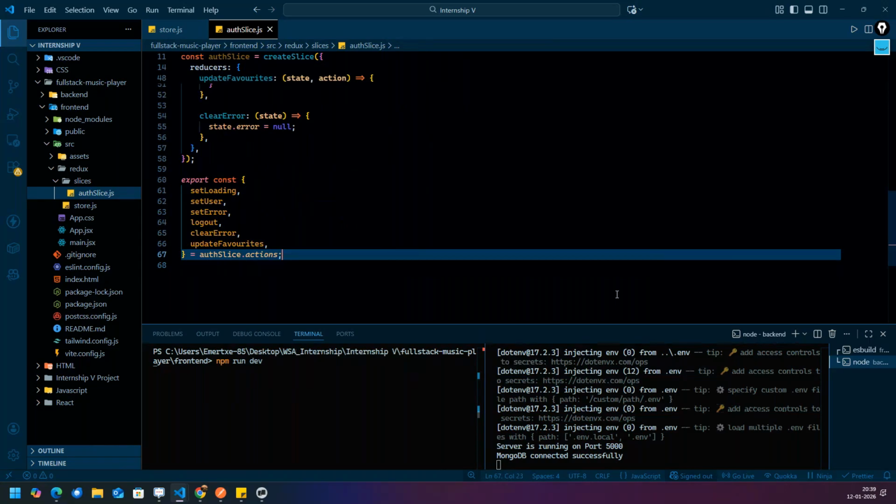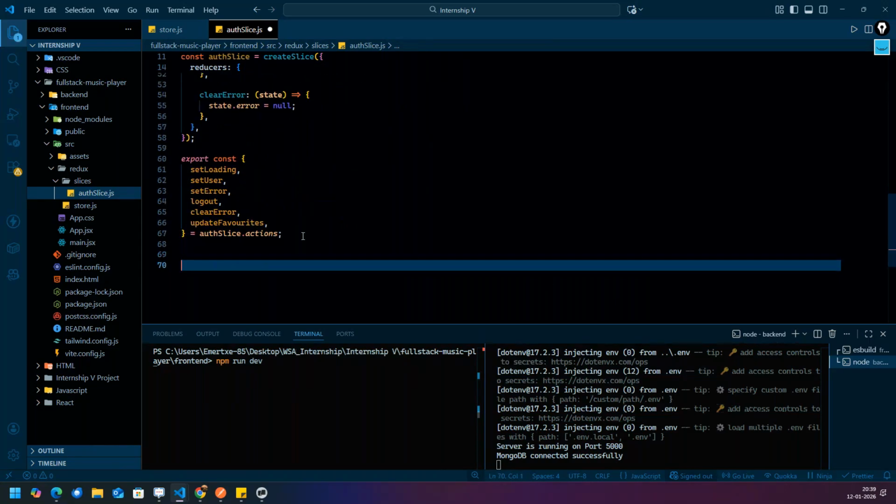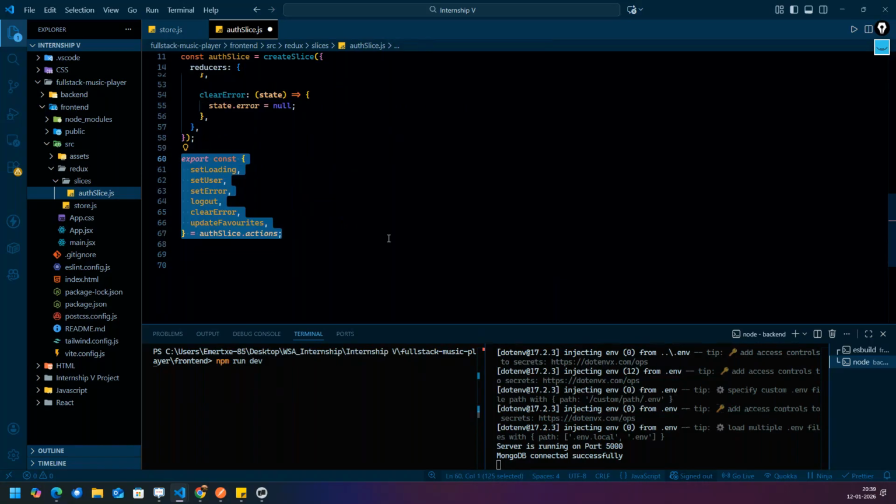Everything is an action, and now these actions will be useful for any component. You have exported these functionalities, so components can call these actions.